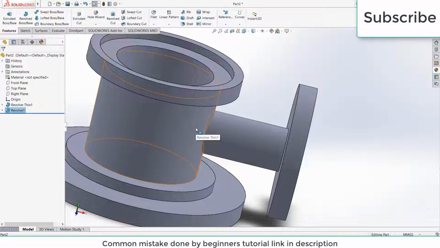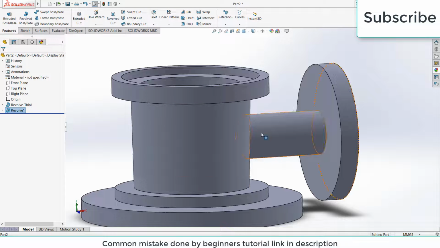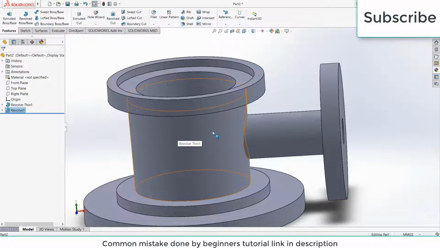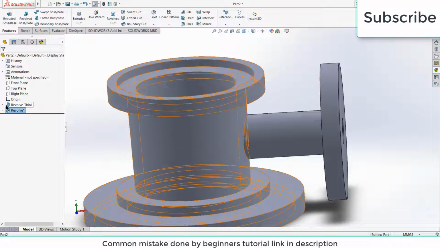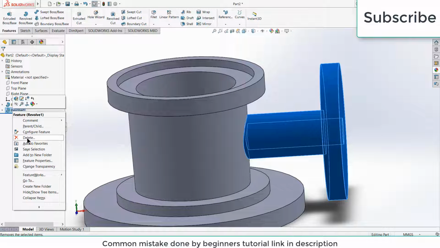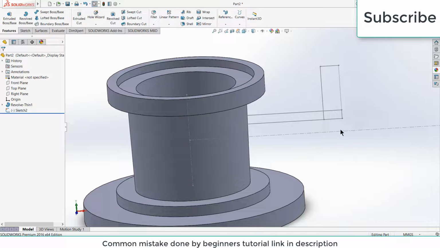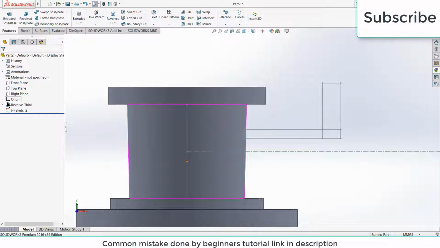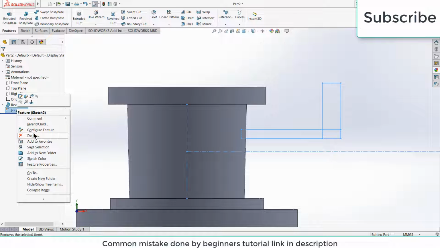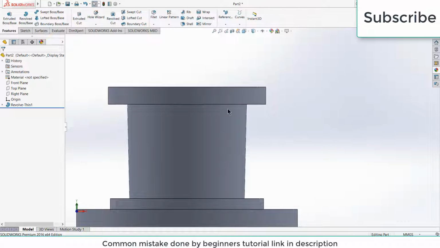For example, when you do complex shapes, you will face issues. So this is a totally wrong method. I realized it later on. So the question is how to make it correctly. So delete this. Some people might think, hey man, this is a correct method. No, this is a wrong method. When you do complex shapes, you will realize you need to fix these things, and you will realize it is a very wrong method. Trust me. So delete this.